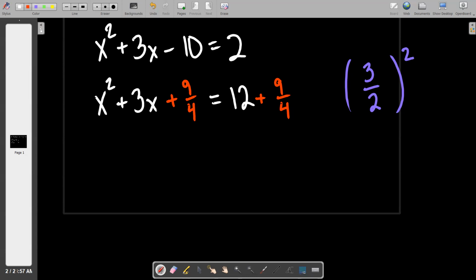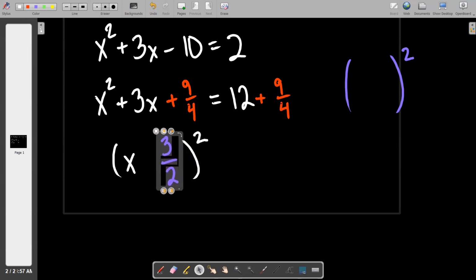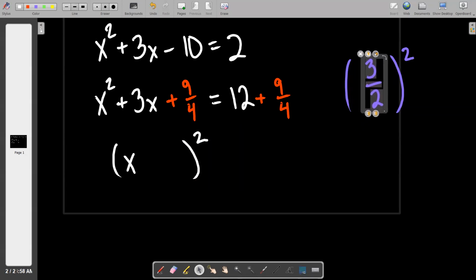Because remember, the layout of this, having done like 20 or 30 of these by now, is that it's going to look like this, right? And we know that there's going to be an x right here. And then all we have to do, and this is where it really becomes important, is we take that number, remember the half of the middle thing, and we just bring it in. Clear? You don't even have to really know how to factor. You just have to remember that the answer to that question, what's half of that middle, before you square it, is what goes into the factored binomial. So we're going to have x plus 3/2,